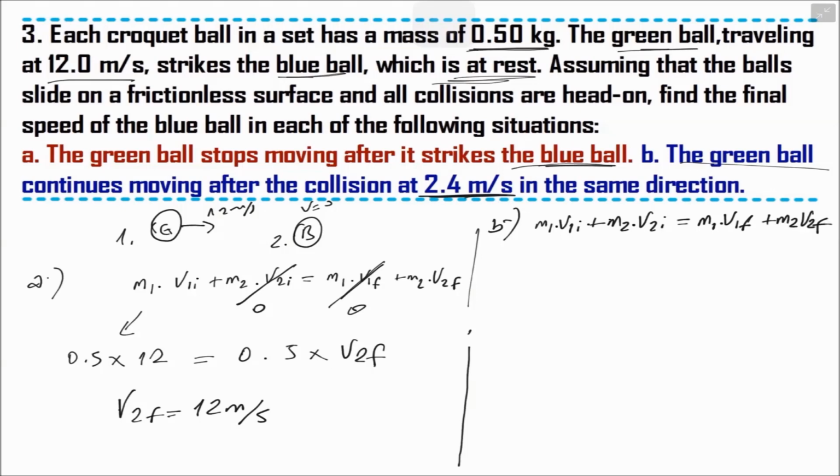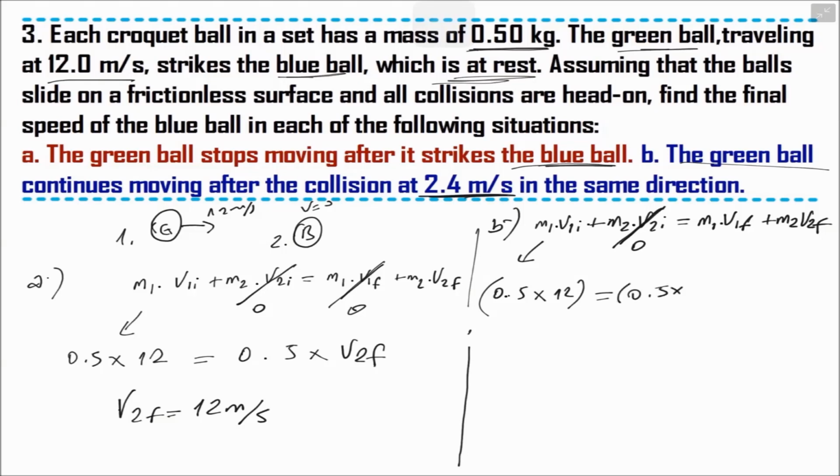Now the initial velocity of the blue ball is 0, so that term will be 0, but at B, the final velocity of the green ball is different from 0. So m1, 0.5, times the initial velocity of the green, which is 12 again, plus 0, equals